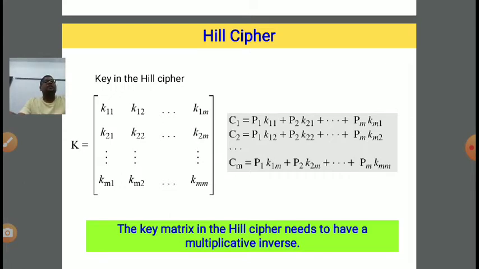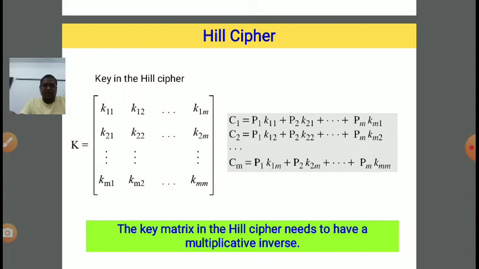Now the key matrix in the Hill cipher needs to have a multiplicative inverse. Why? Because when we apply multiplication of two matrices, the modulus of the matrix should not be equal to 0, and all the matrix elements should have a multiplicative inverse. Then only we can multiply two matrices.